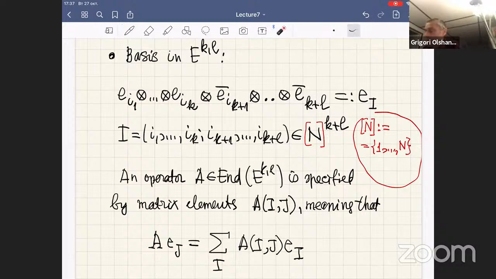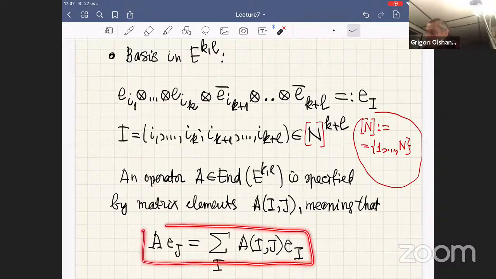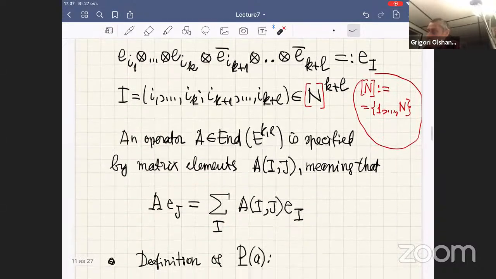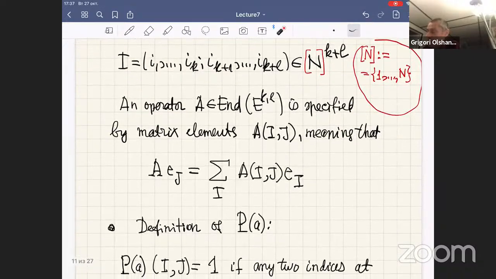Okay, so if you have an operator A, to specify it, we can just define its matrix elements. So these are the matrix elements of an operator, because these are indices of our basis. And this means the natural equation means that the operator